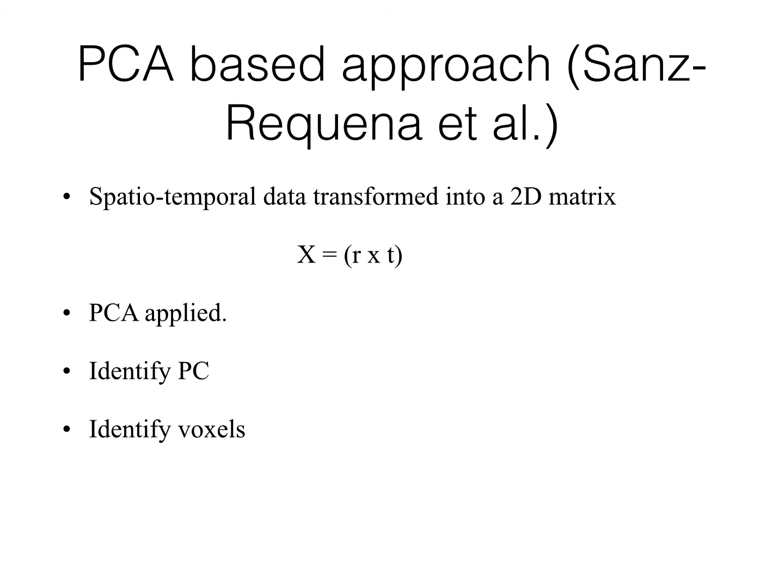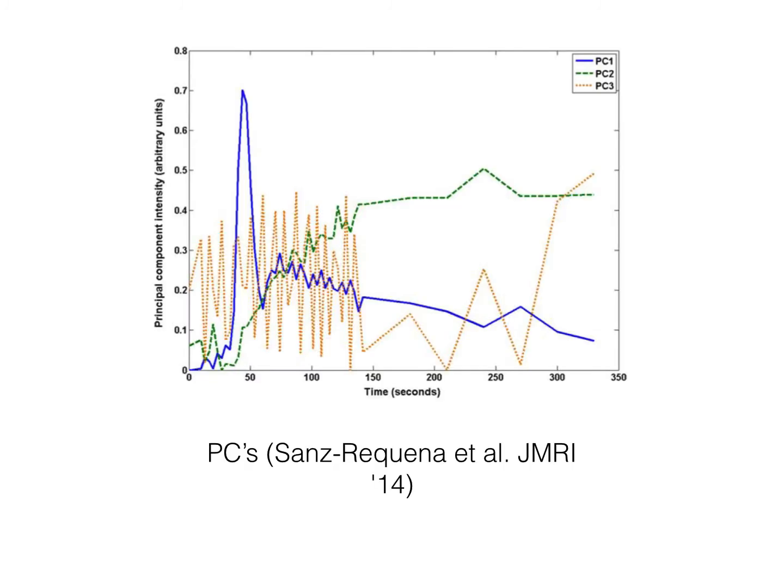The next step is to identify the principal component which corresponds to the arterial input function, which is done by finding the correlation between the initial reference arterial input function and the principal component. Once I find the principal component, I identify the voxels for which this principal component has the highest contribution factor, by which I mean that at least 95% of the energy comes from this specific principal component. Then I spatially average those voxels and find the arterial input function. This technique has actually given me really good results.